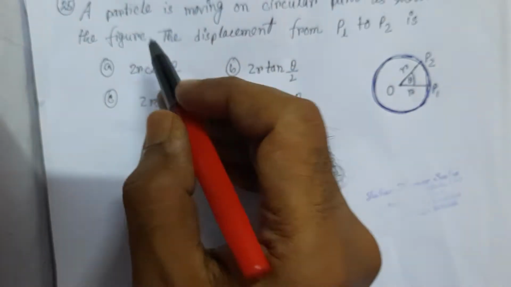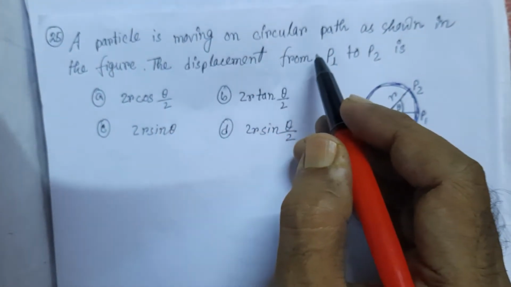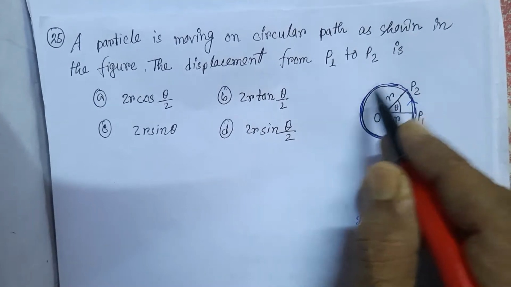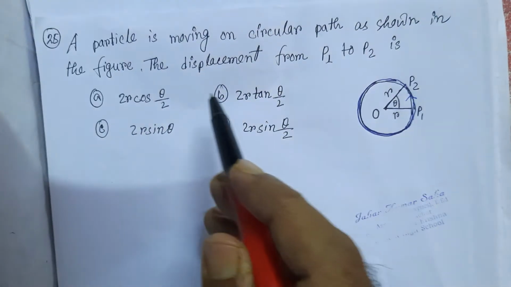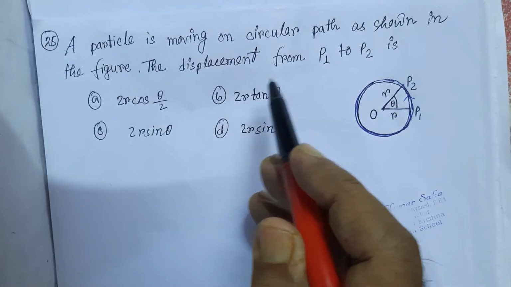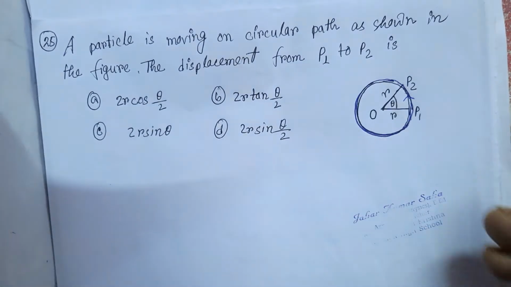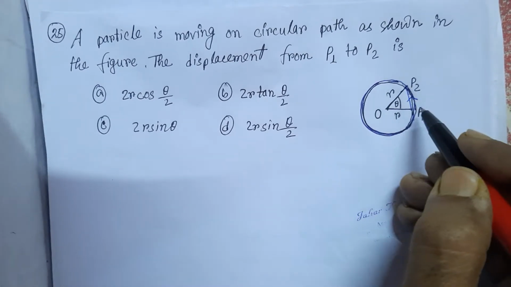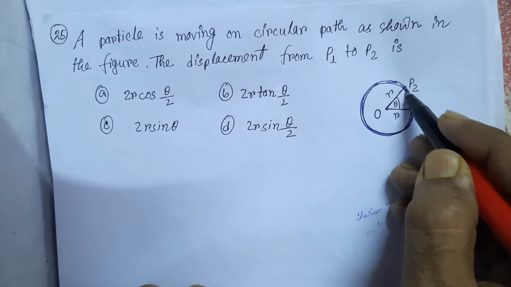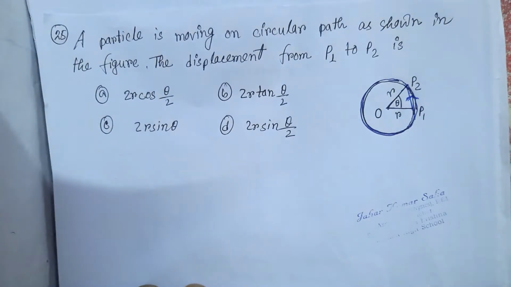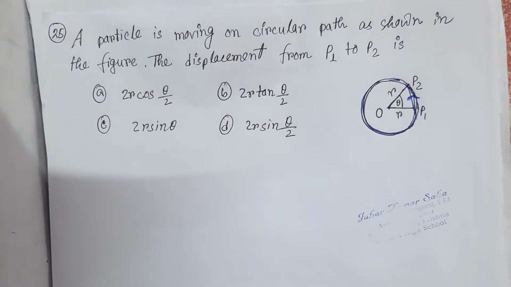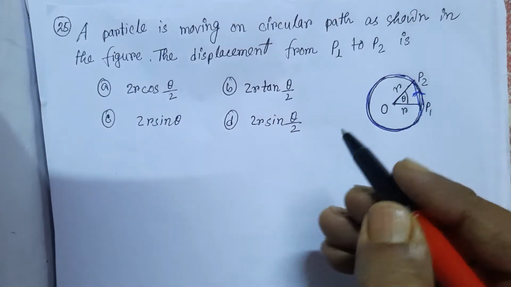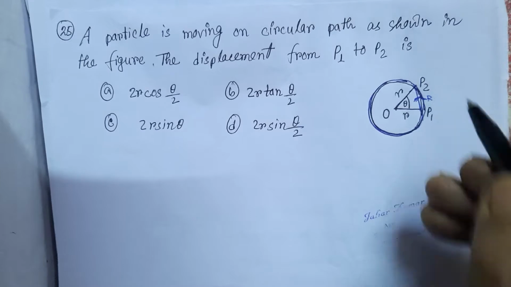Here, a particle is moving on a circular path as shown in the figure. A particle is moving in the circular path in the anticlockwise sense. The displacement from P1 to P2 is. So, the displacement from P1 to P2, the particle has gone through the arc from P1 to P2. So, its displacement is this line only. From the property of triangle, we may write down that if the displacement is R, then